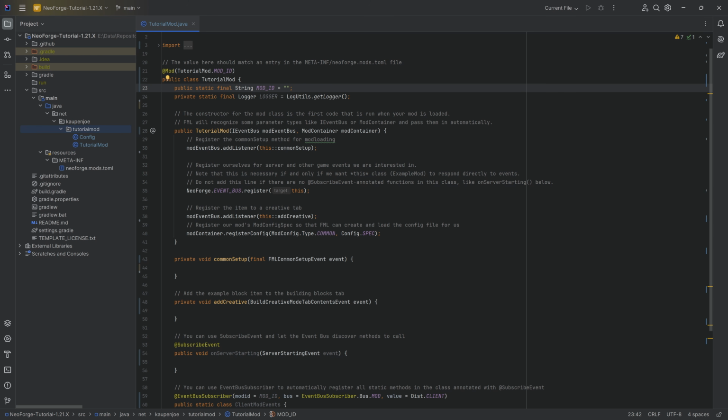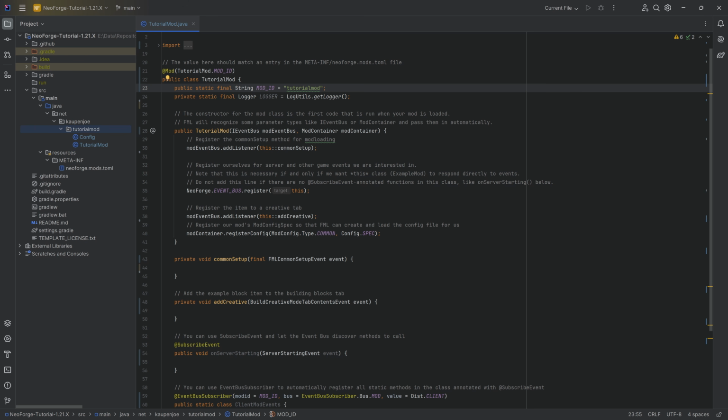And the second thing that is quite important is that your mod ID can only contain lowercase characters, no spaces. So keep in mind that, for example, you could say, well, I mean, Tutorial Mod, bam. Nope, that does not work because it can only contain lowercase characters. Then you're like, oh, okay, well, fair enough. Then I'm going to call it tutorial mod. This also does not work. It cannot contain any spaces. So tutorialmod, all one word, all in lowercase. That is going to be our mod ID for the tutorial series.